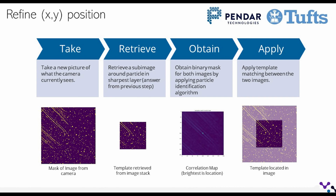And for various reasons, the system doesn't know exactly where the particle is, at least based on the initial set of processing that's done. So what we do is we move the system over to roughly where the particle is, where we think it's centered. We take a new picture, identify the particles in that picture, and then from that picture and the reference flattened image that we had from the previous step, we use a technique called template matching, which basically can identify